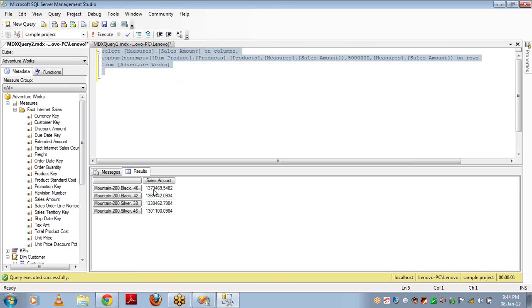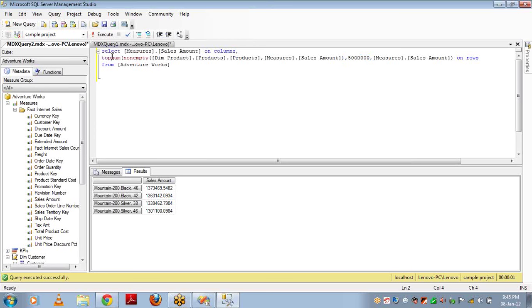So if you sum all these four, it will be very close to the value that I have given. So TopSum means give me the number of records for which the sum of the sales amount, the measure you are giving here, will be close to the value that I have given. So this is how TopSum works.